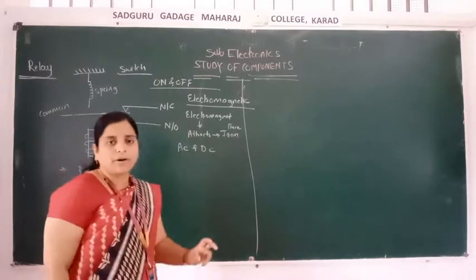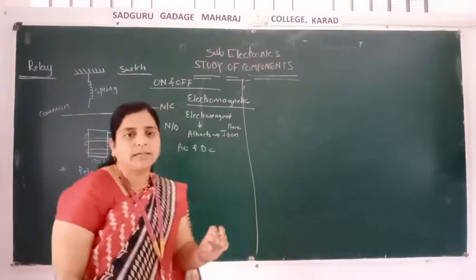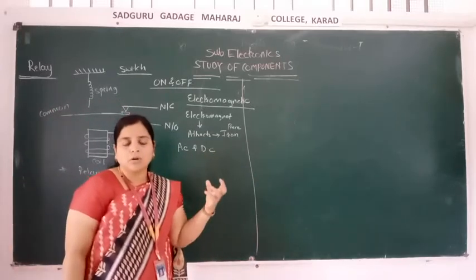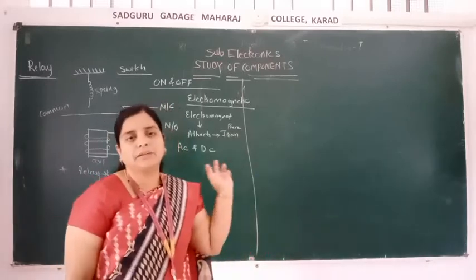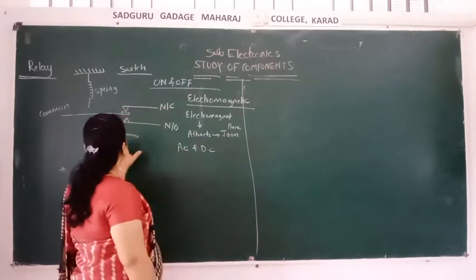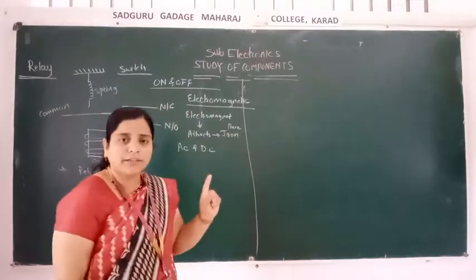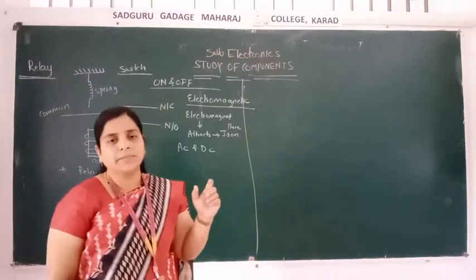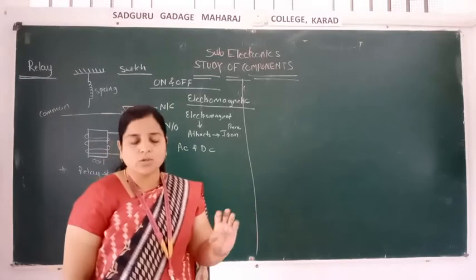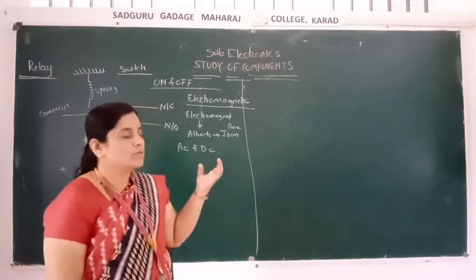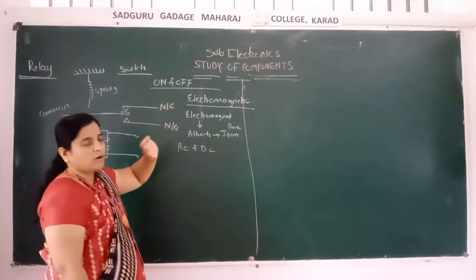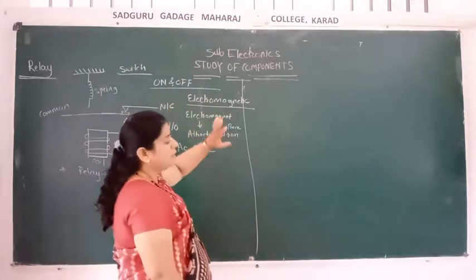These are the important short points that I am writing here. So you also write down those points, because when you study the notes, at that time these short points will help you to understand. Okay. So what is the relay? The relay is nothing but an electronic or electrical device. It is simply a switch, and that switch is used to on and off the circuit. So how it goes on and how it goes off, that we are going to see in its working. So its principle is what? It is a switch which is used to on and off the circuit, and it works on the principle of electromagnetic.